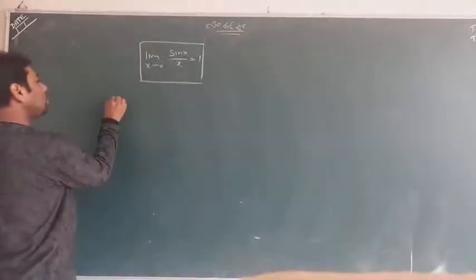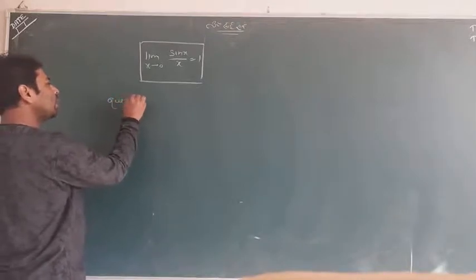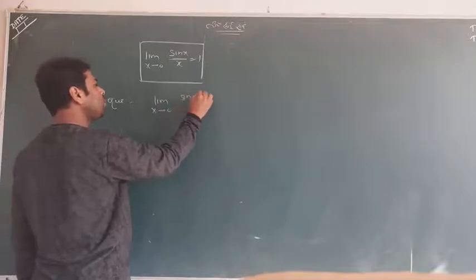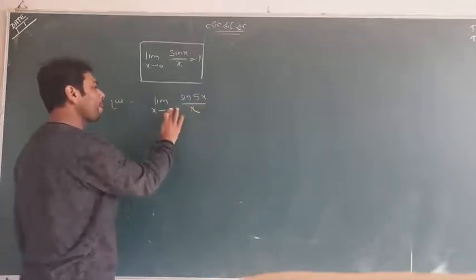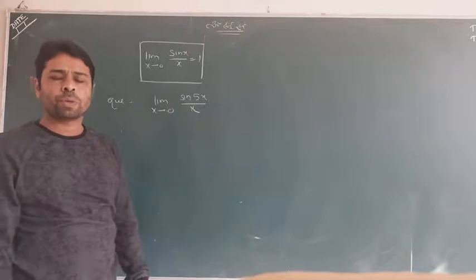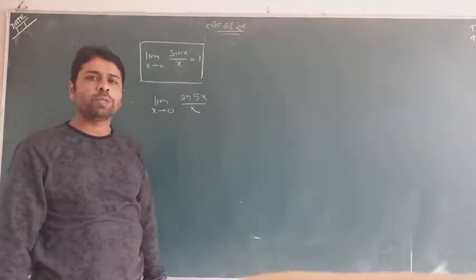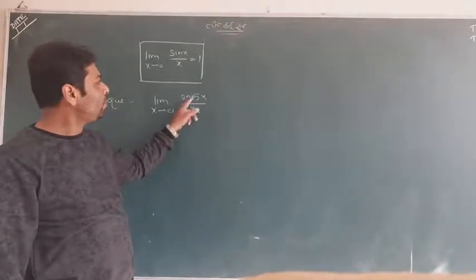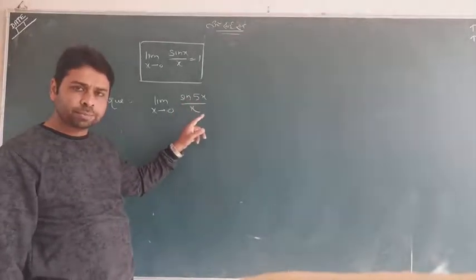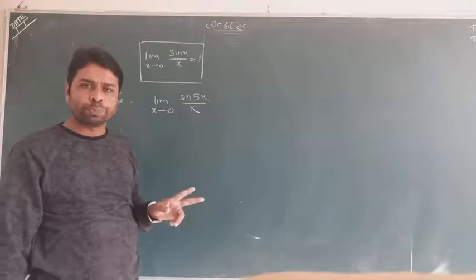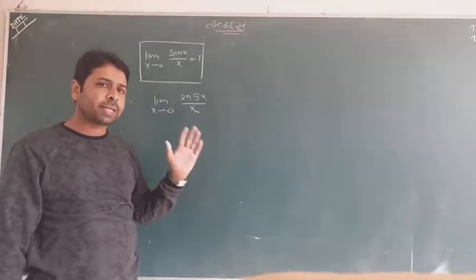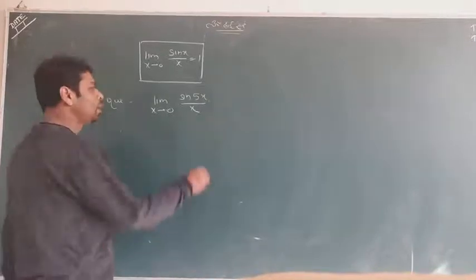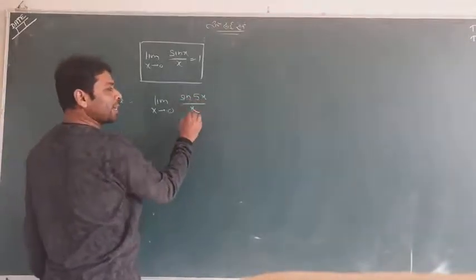Instead of this question, if the question is like x tends to 0, sine of 5x upon x is coming. So what is its answer? Let me speak simply, sine 5x upon x is there. So two things we have to do. First is the shortcut and second is with the explanation. First I want to tell you with the explanation.